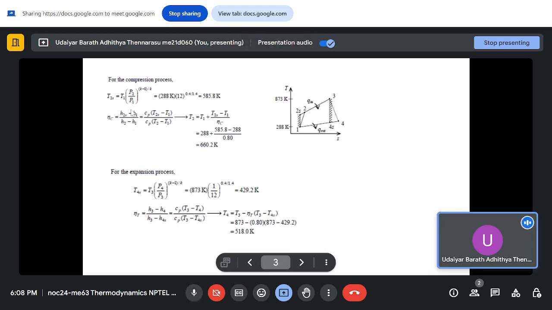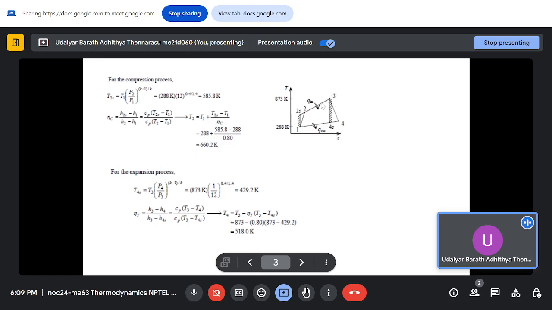Sorry. So your compressor efficiency is minimum work divided by maximum work. In a compressor, your minimum work happens in the isentropic process, and the maximum is your actual. So W min by W actual: H2S minus H1 is your isentropic work, divided by H2 minus H1, which is your actual work. From this we can write enthalpies in terms of temperature and find T2, which comes out to be 660.2 Kelvin. Similarly, for the expansion process, we know the temperature at 3, the maximum temperature,